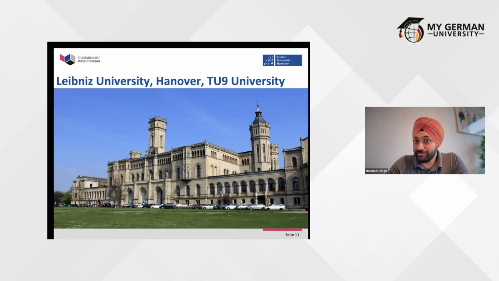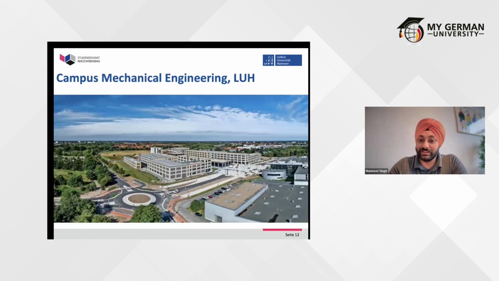So that's how our main campus looks like. It's a schloss, or you can call it a palace, because it was made as a palace but never used as a palace. So that's where the university came into existence. And this is our newly built mechanical engineering campus. It's also in Hannover, and it's the newest and most sustainable campus we have in Germany. And on this side we have a production center, which is also part of the campus, and all research institutes and different institutes work here on different topics.